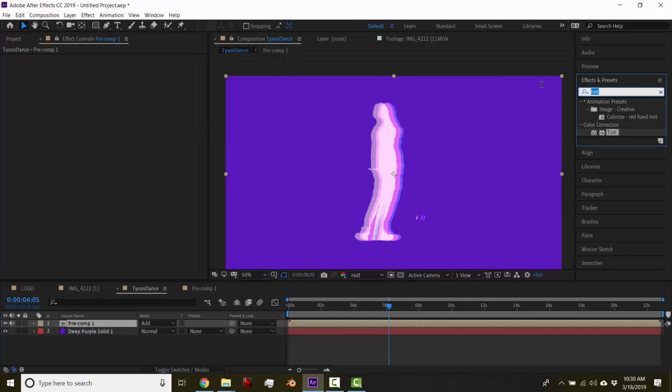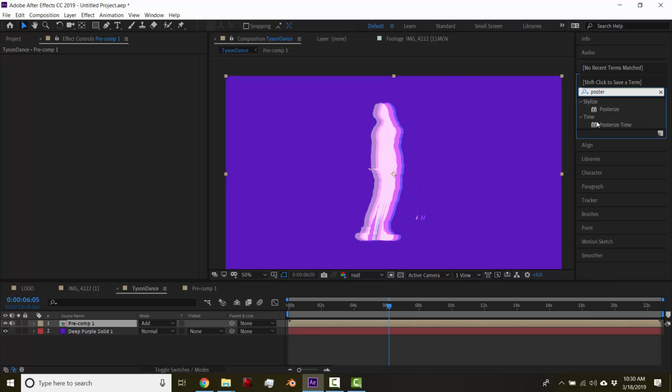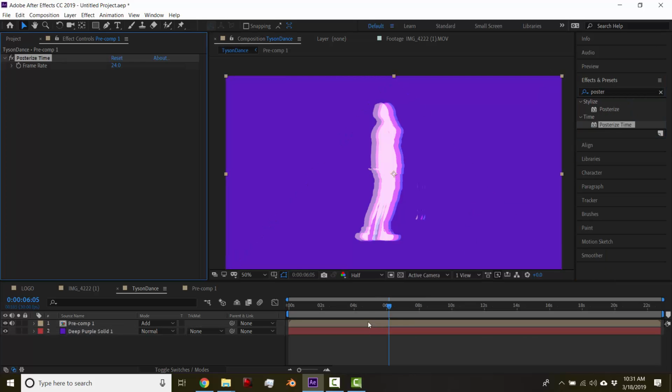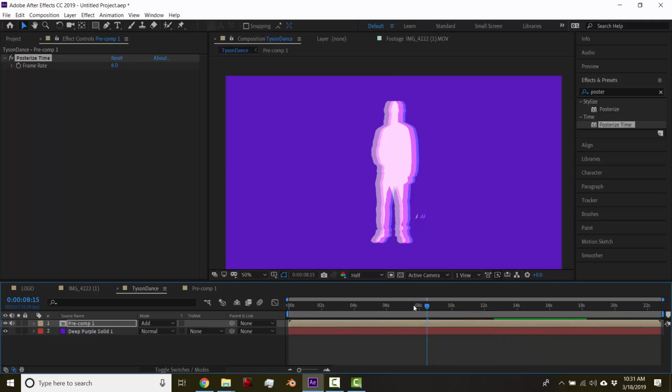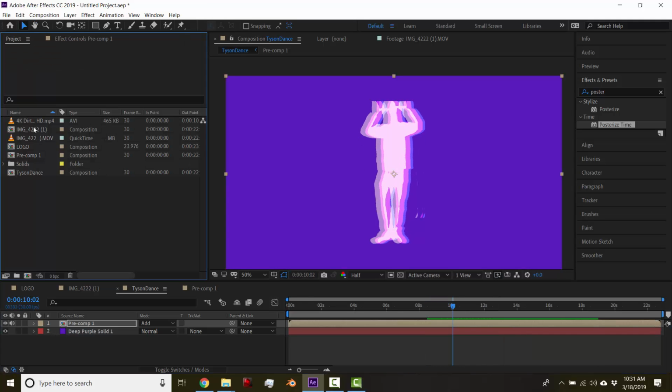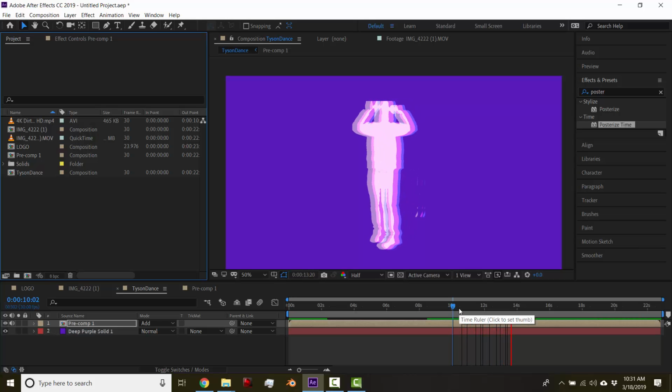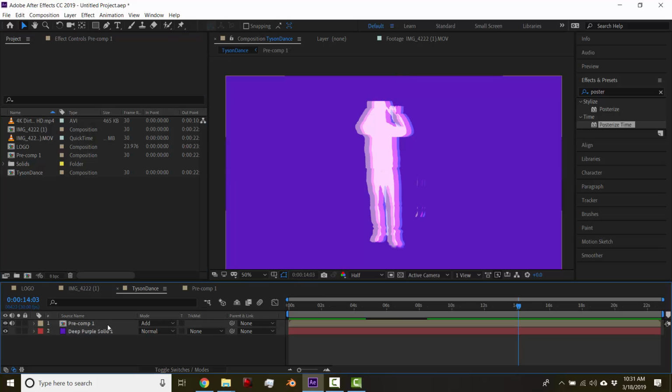And a cool effect is called posterize time. And maybe the frame rate I'll set to like 15. So now it's choppier. I don't know if you guys, you know, I mean, you can set it to like 6. And then it is really choppy, but it kind of masks the feeling that, oh, this was just somebody's cell phone video. Yeah, so that's cool. Add some film grain, and you know, you can also add